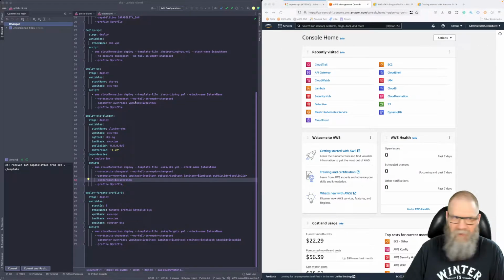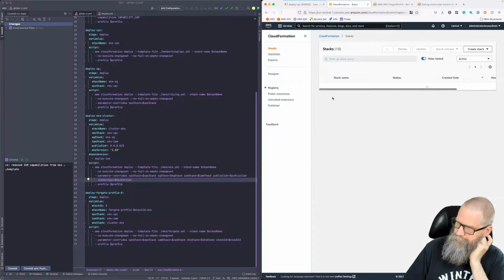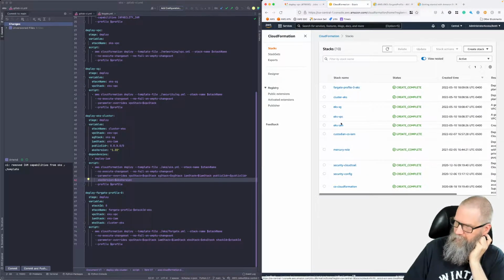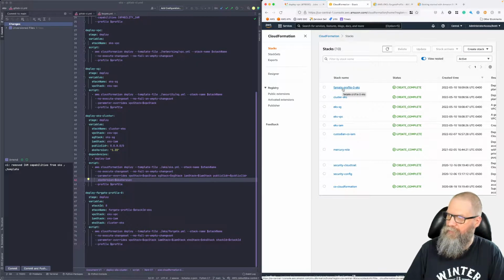So here we go. Go over to CloudFormation, that's it. Right, and we redeployed everything before the stream. So reset IAM, deployed the VPC, set up the security group, set the cluster up, and then deployed the Fargate